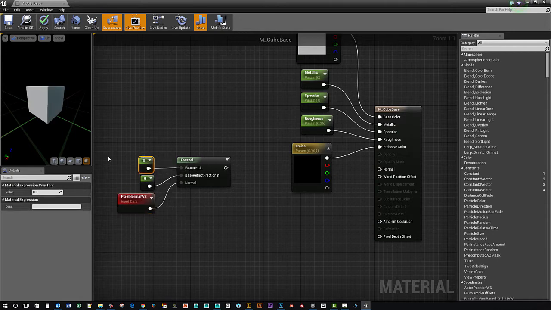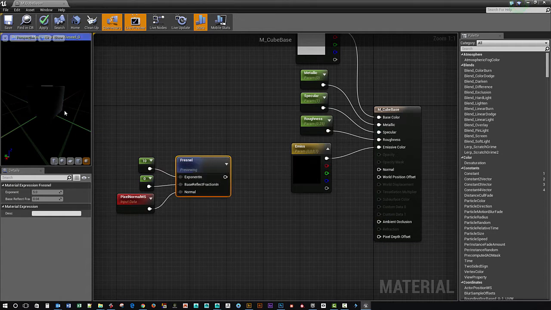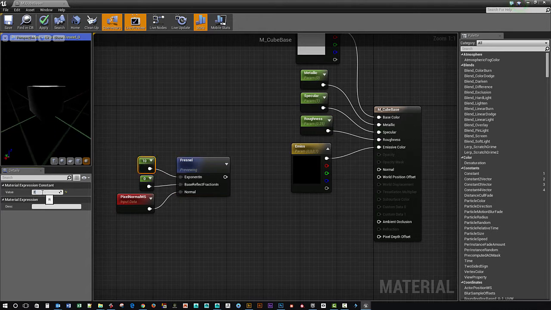The exponent is how big the falloff is for this. So if I put this at something like 10, and something interesting is you can right click on any of the nodes and say start previewing node, so you can see exactly what that thing is doing on the object before you feed it into anything else. Basically it's giving this kind of fake rim thing. If we put this at 20, I think it makes it even